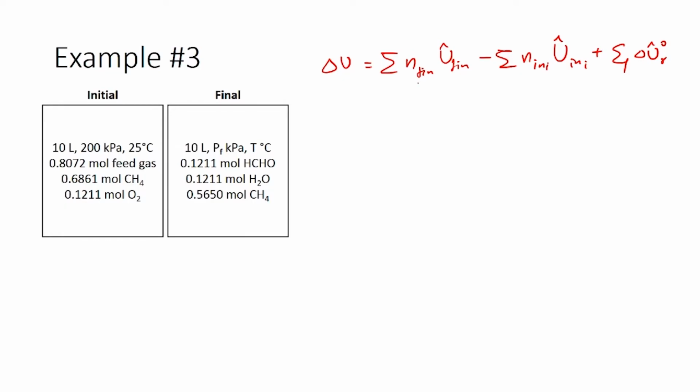So, here we already identified the internal energy of the final and the initial conditions using the polynomials we have. We also have the xi value, we need to calculate the internal energy